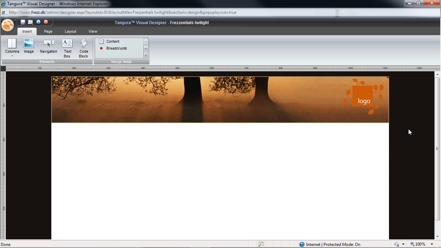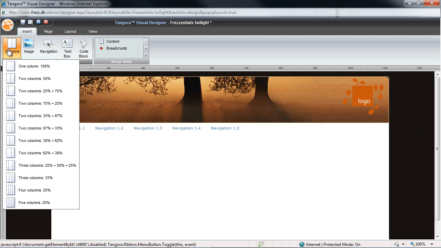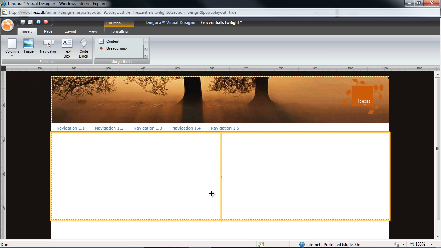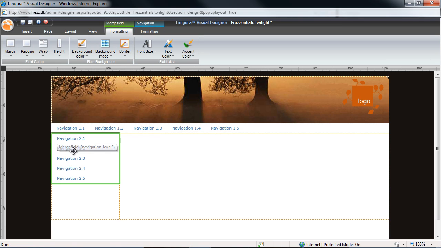So if I click off onto the background and then just insert a navigation here, we can see the navigation is set right below my header. And we can see by the numbers here that we have a top level or a first level navigation here. I also want a sub-navigation in a column to the left of my main content on my page. I'll add a 2-column set, and as you can see, I can adjust the height and width very easily. So inside my left-hand column, I'll add a navigation, and we can see it gets the number 2.